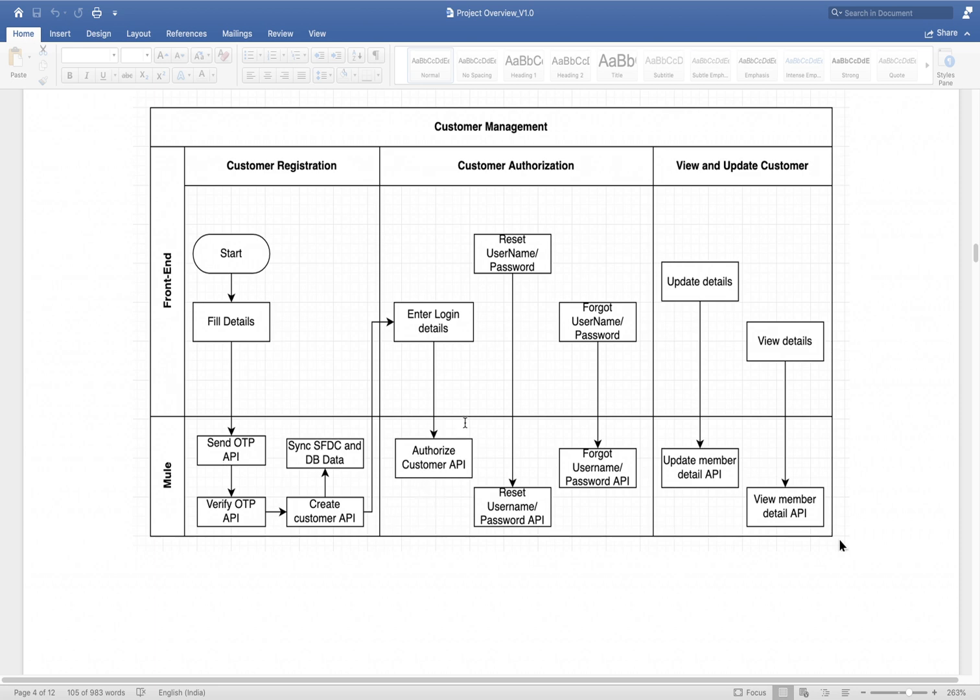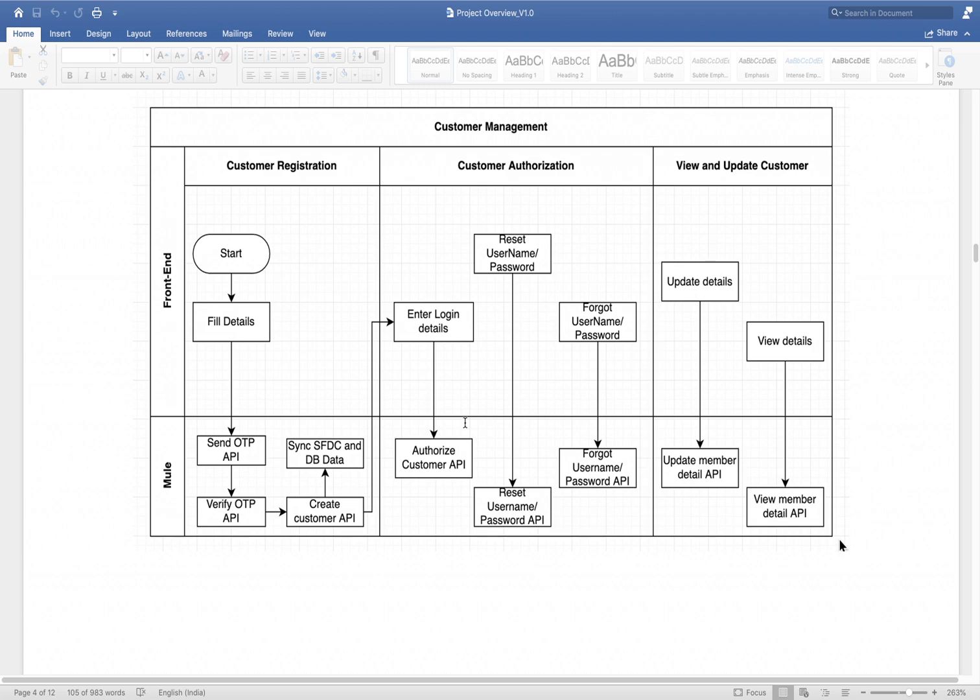Again the user will insert that OTP, and then the front end will call the verify OTP API. That API will return a success or true response. Based on that, the user will either be redirected to their profile page, or they will receive an error message like credential is not valid or OTP is not valid.